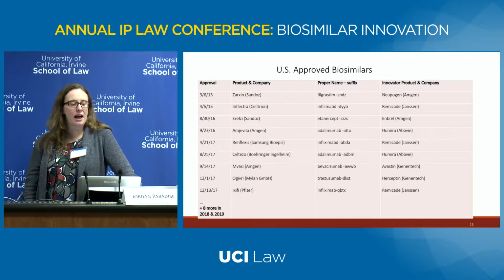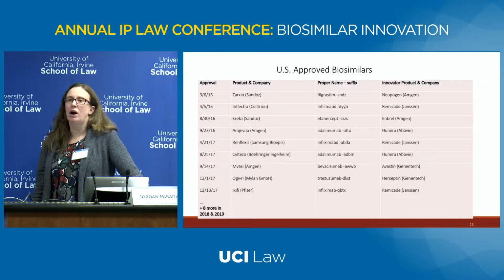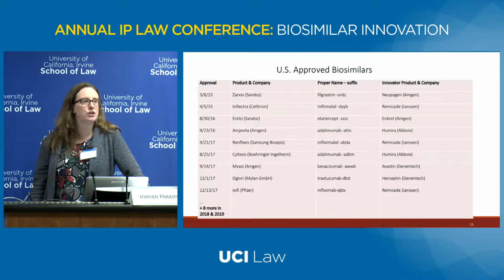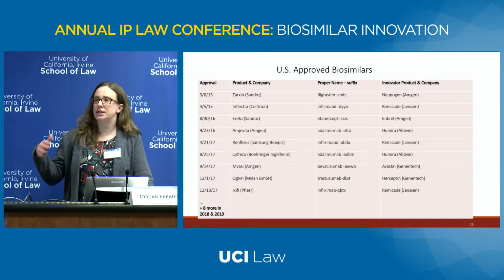But there's a couple of things that I want to look at as we're looking at this chart. Not necessarily what the products are, but who the players are. If you look at the Zarzio product, the Sandoz and Amgen, that spurred the ultimate Supreme Court decision, where we've got the Supreme Court interpreting language within the statute on what is required of these companies in order to give